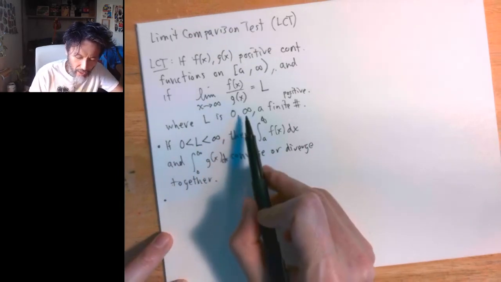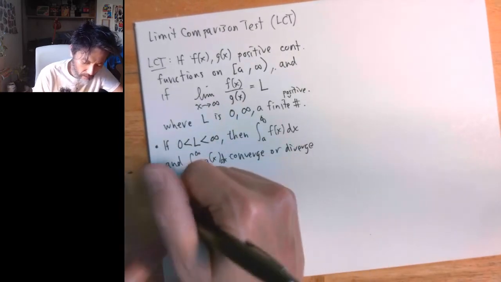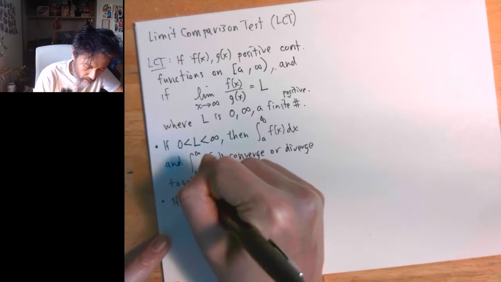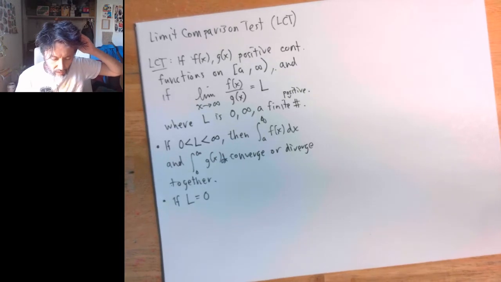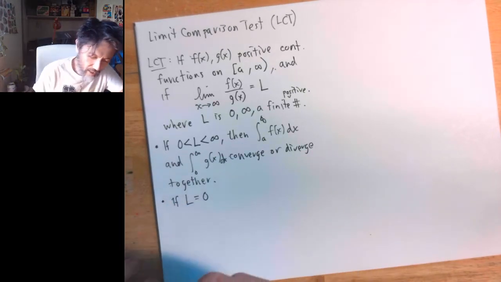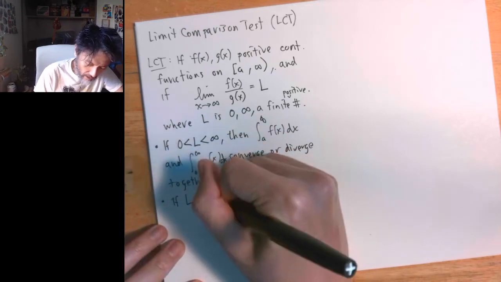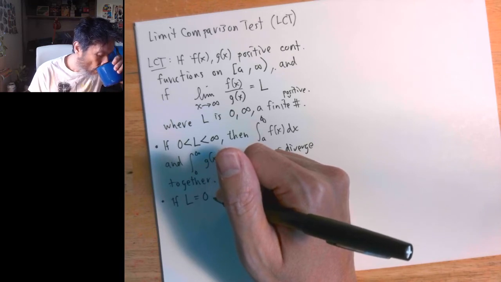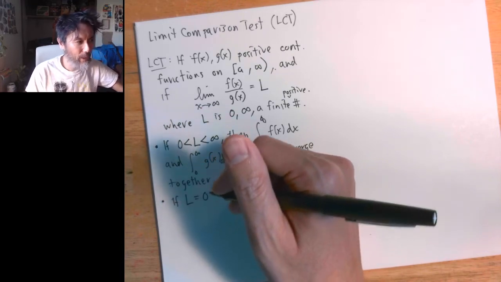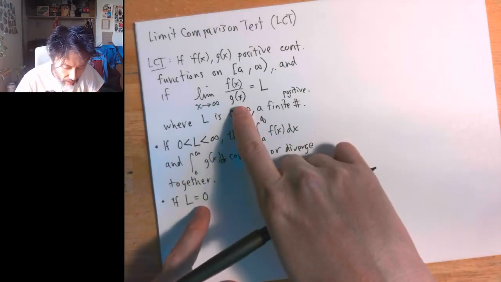The other two cases now are going to get covered, where L could be either 0 or infinity. So let's start with when L is 0. If L is 0, so let me just think for a second. Let me make sure I get this right. Okay, so let me very carefully think. If L is 0, it's kind of like